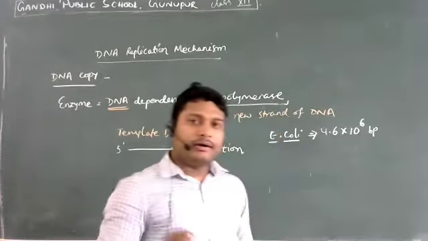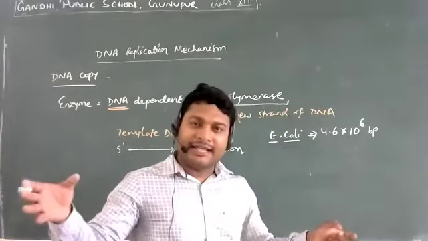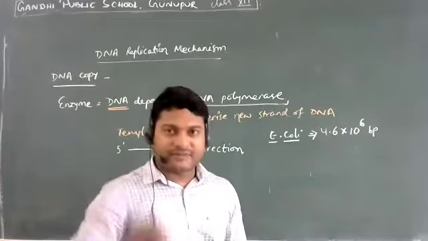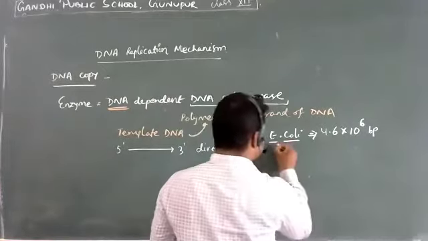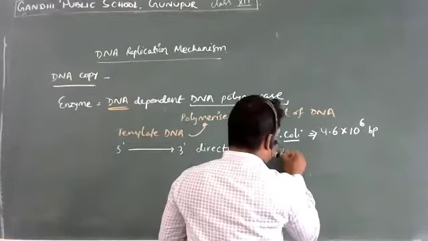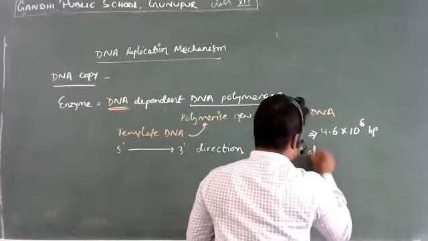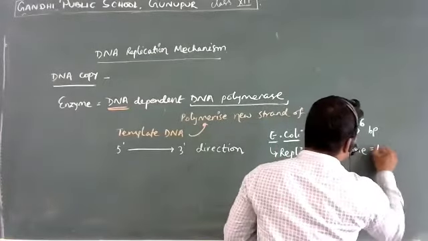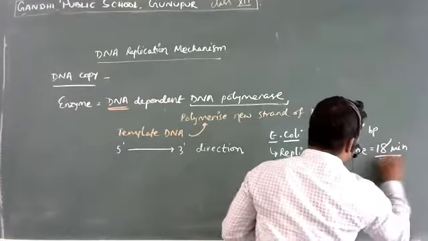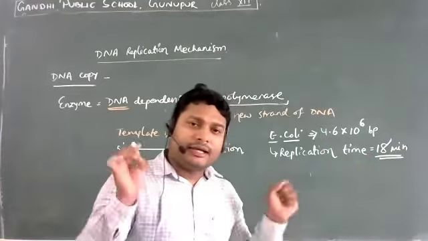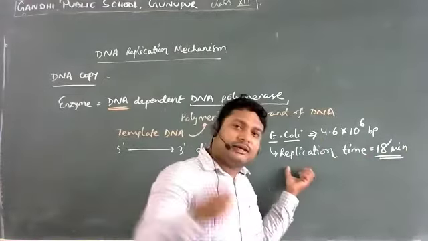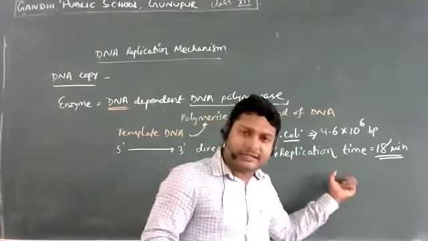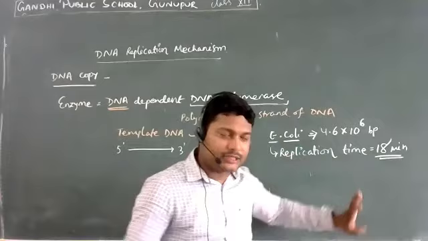Now, for this entire DNA of the bacteria to be replicated, to make copies of itself, in case of E. coli, the replication gets over, so replication time here is around 18 minutes. Here the bacteria gets the life cycle completed in 20 minutes. So here the replication gets over in around 18 minutes or so.